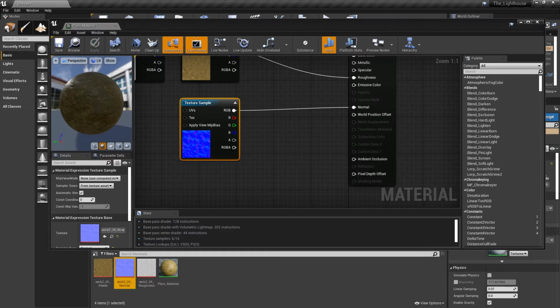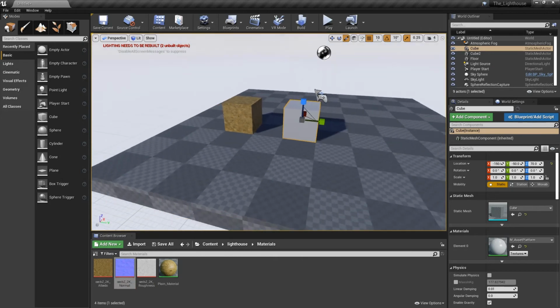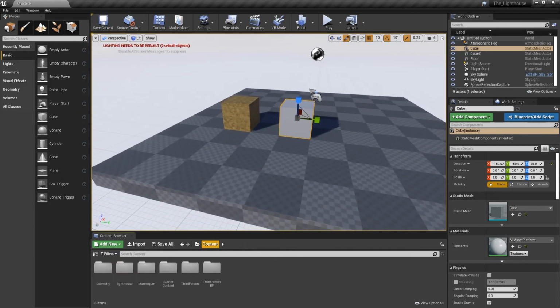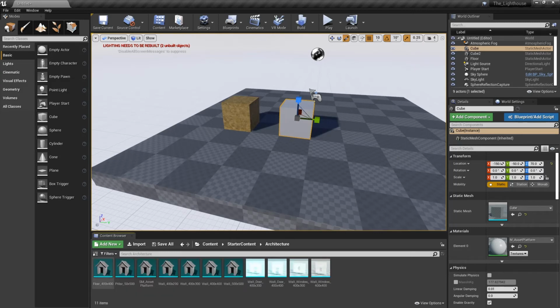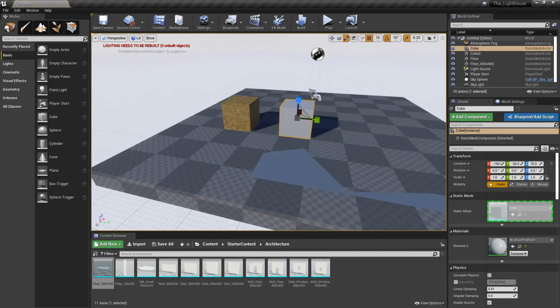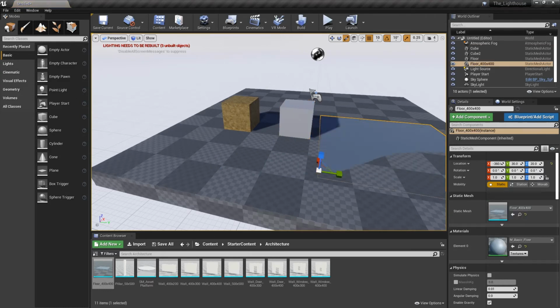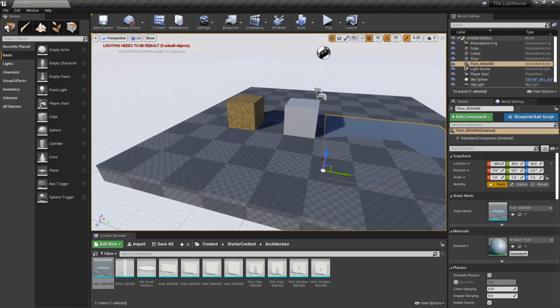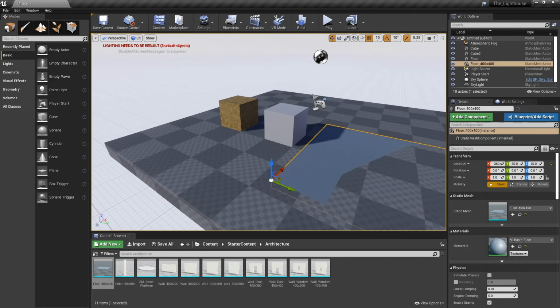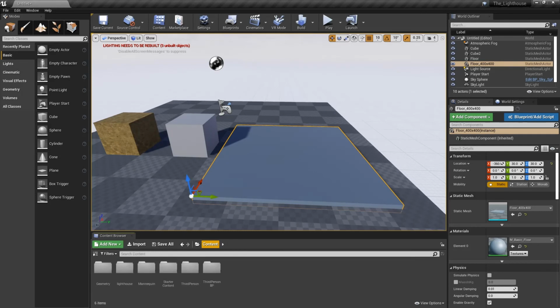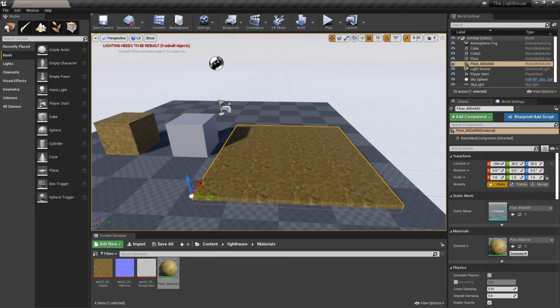Like that, and I'm just going to close this window for a moment. If I go down to my content, starter content, and architecture, there should be a floor here, and I'm going to drag my floor straight in. Then if I press W, that will bring up my move tool, or I can just press space until I get to it. I'm just going to drag this up. There we go. Now, if I go back to Lighthouse, Materials, and drag my plain material onto that,